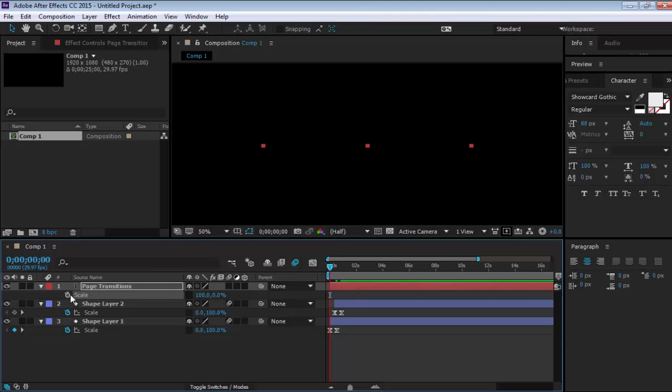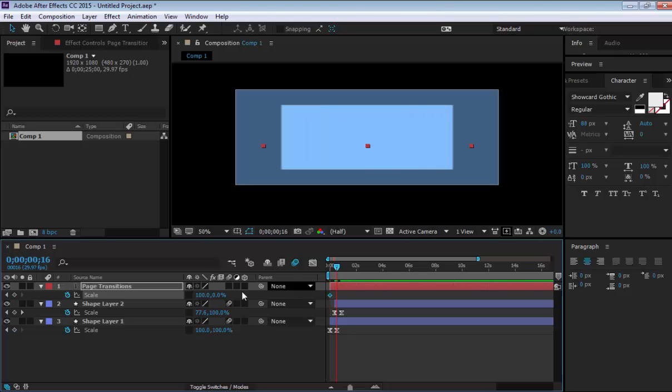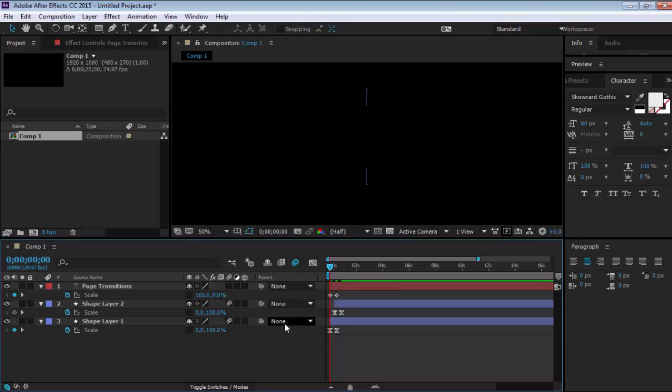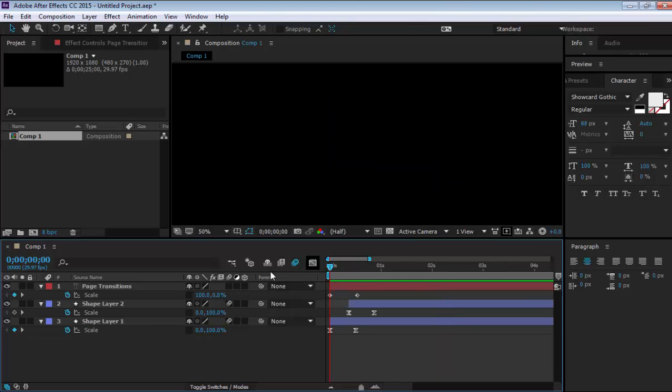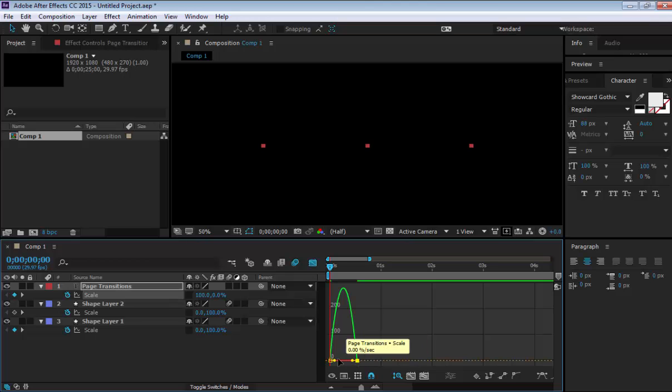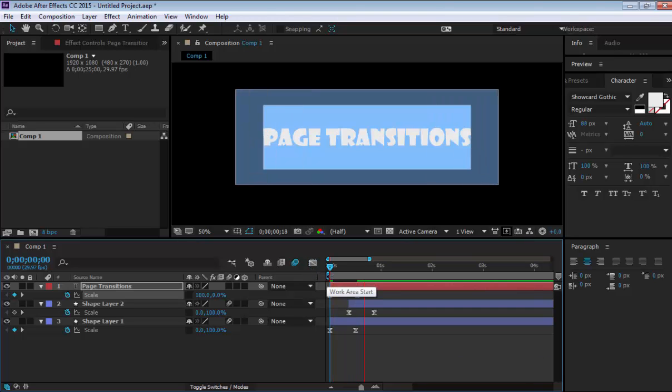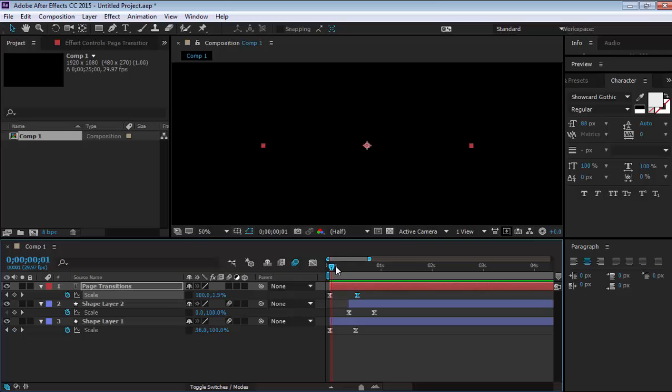I did it again. I'm going to set a keyframe. I'm going to go up a little bit. I'll set it to 100. Okay, it's a bit slow. So let me go into my graph editor here. Easy ease, graph editor. And come on, there we go. So I'm just gonna nudge it that way. Okay, so it definitely looks like it's growing out of nothing, or it might be like flipping upwards, which is